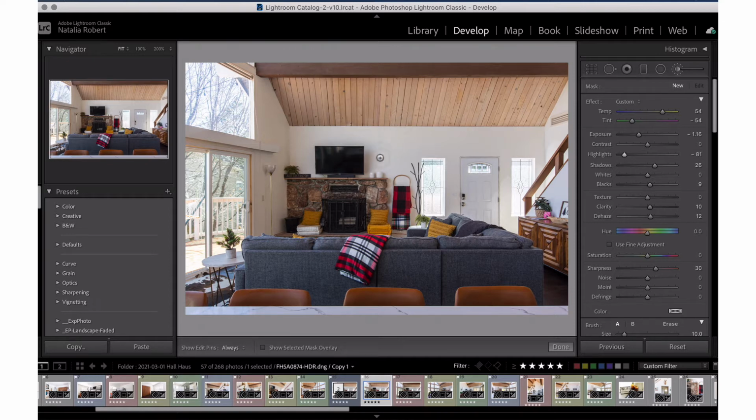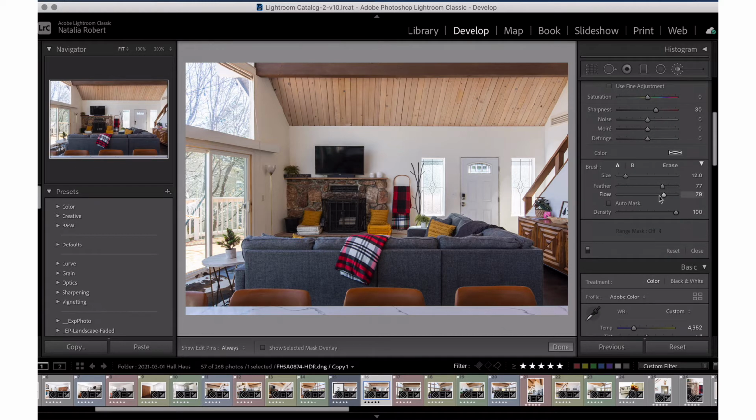Now, when you hover over the photo, you're going to see the brush itself, and you're going to see the circle in the middle with the cross, and that's the epicenter of the brush. Then you're going to see the first line and then the outer line. The first and outer lines, that is where your feathering is happening. So if you take a look at what it looks like now, and let me show you if I adjust the feathering